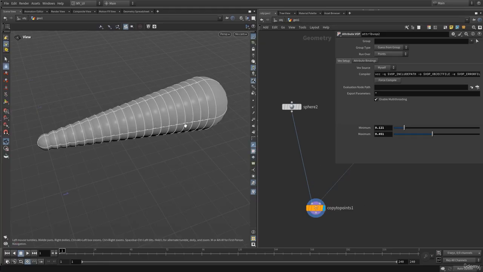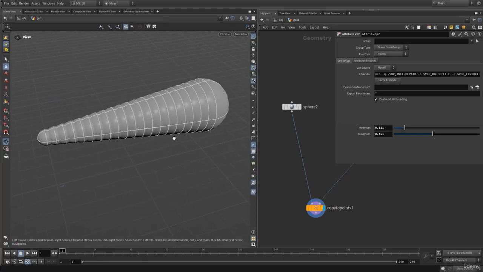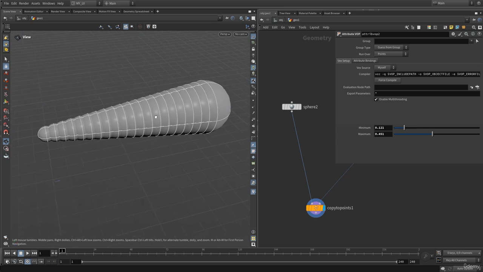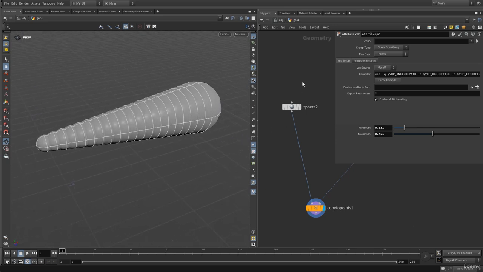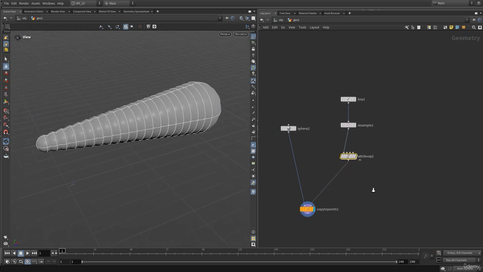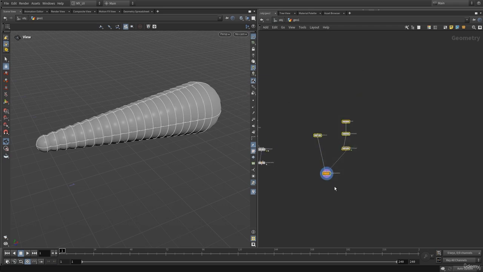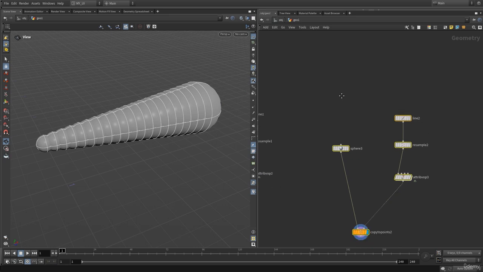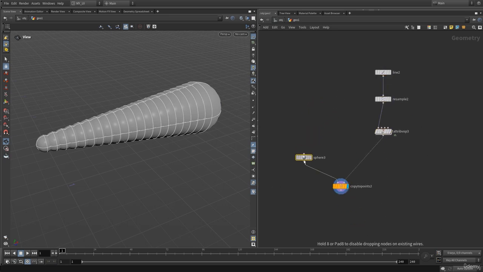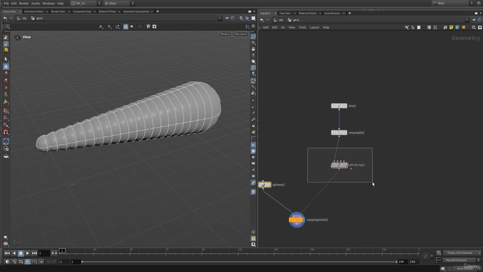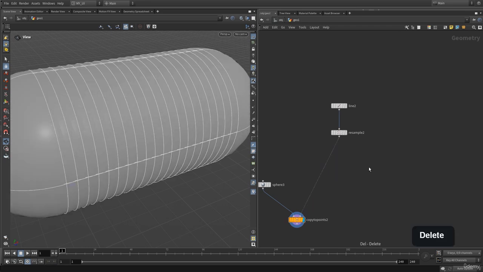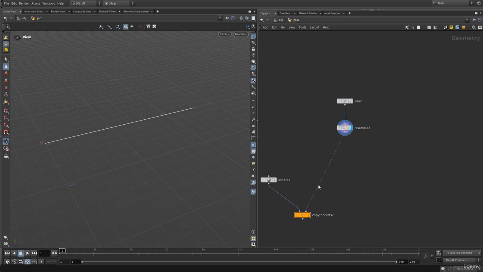Okay, now let's repeat this same setup inside of VEX, how we can write the VEX code to achieve the same result. So in here we have this swap method. Let me duplicate this whole node network, and let me rearrange some of these. I'm going to just remove this attribute swap node. And in here we were just creating the line, resampling it, and copying our sphere